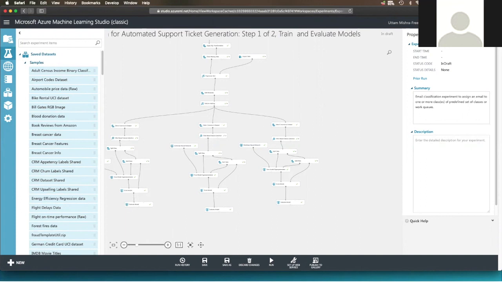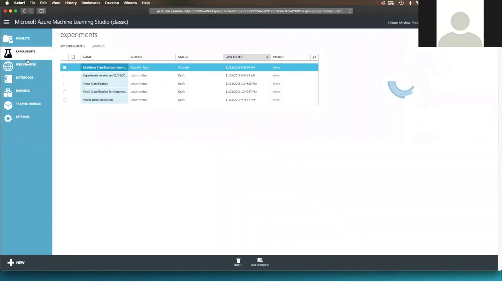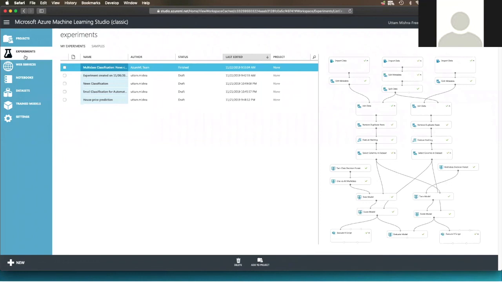And here, just to see a couple of things, you have projects, experiments, web services. It's mainly the experiments which you're interested in that would give you a very high level understanding of what machine learning is and what the various algorithms are. Once you understand that, then you can basically take the same and just consume these from here directly.